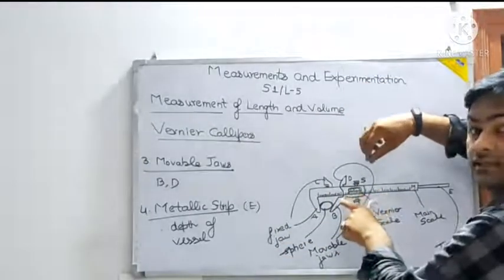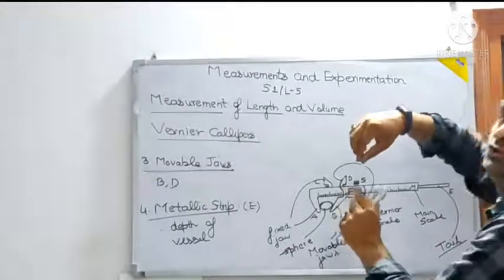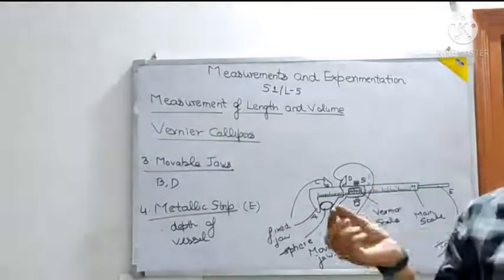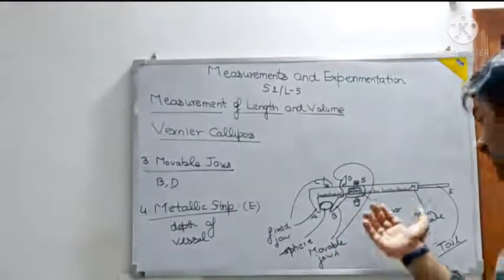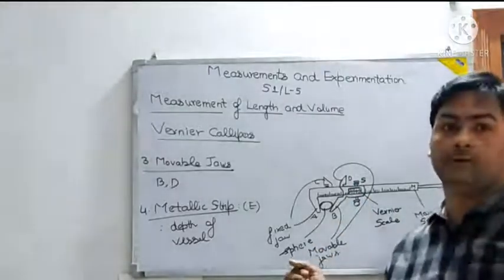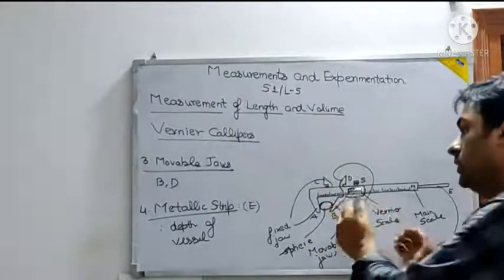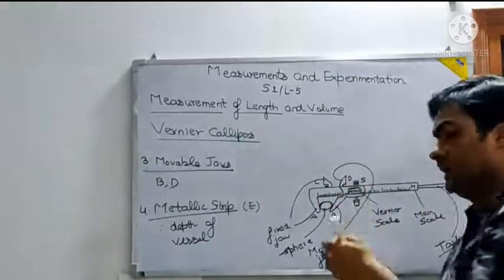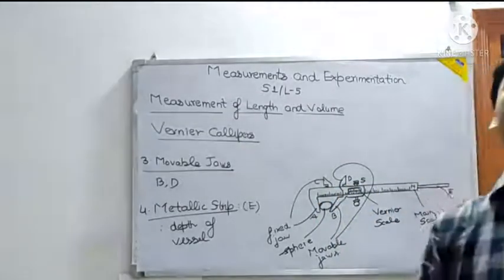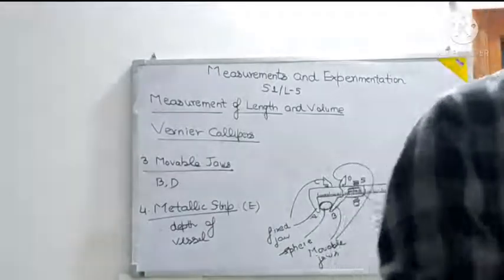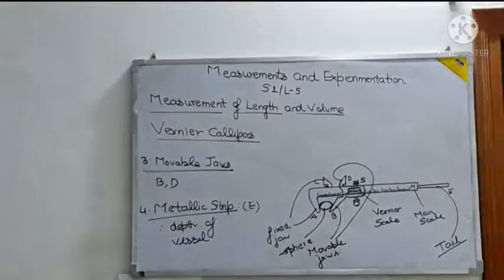Fixing the vernier scale at a particular position means you are locking the position so that you can measure the dimensions. The object may look heavy, but you can just keep it here and lock it, then keep it on the table and see what the main scale reading is, what the coinciding division is, and using the least count you can find the measurement. Also, children, zero error is another thing that I will tell you about. We'll take up zero error of both the screw gauge as well as the vernier calipers together.